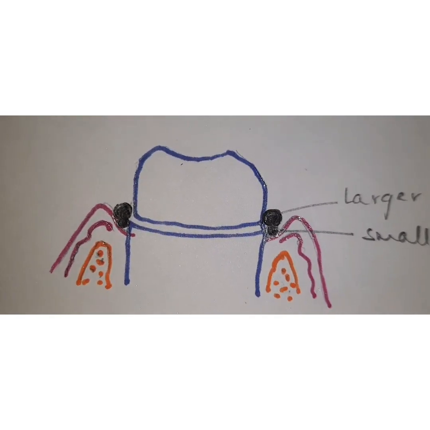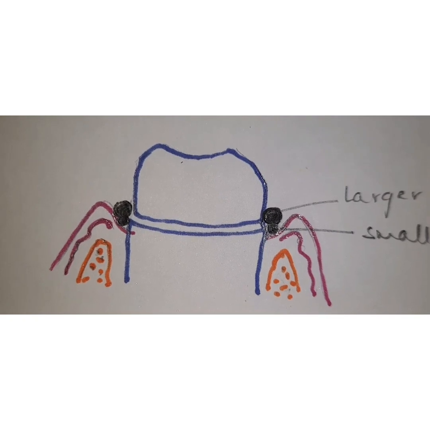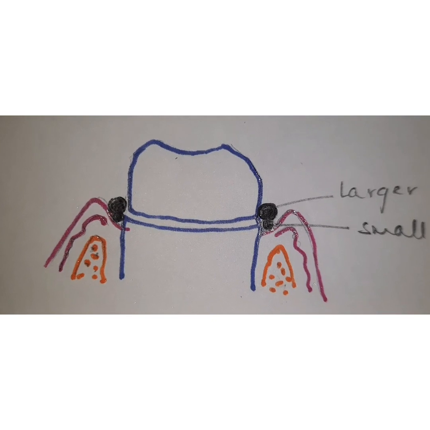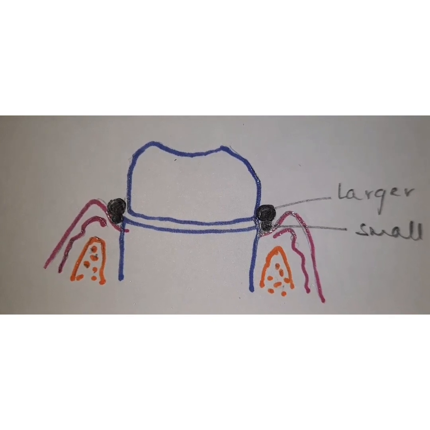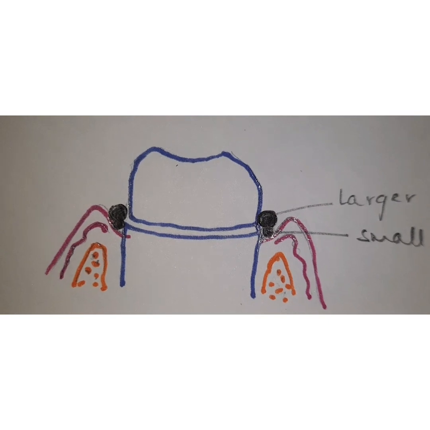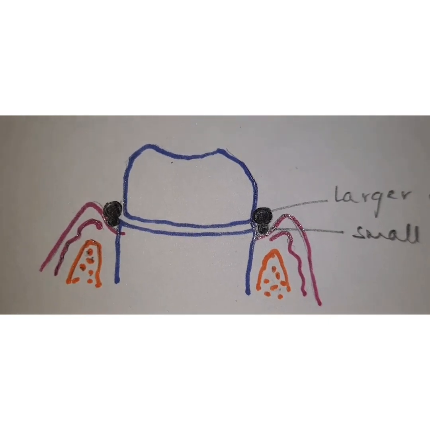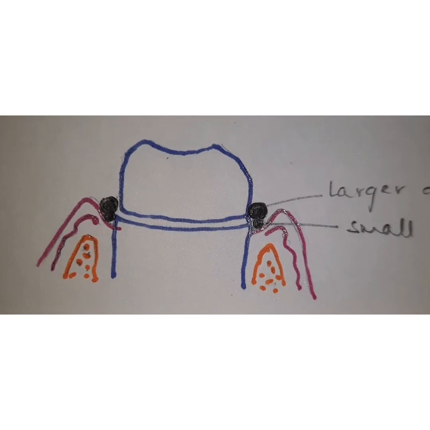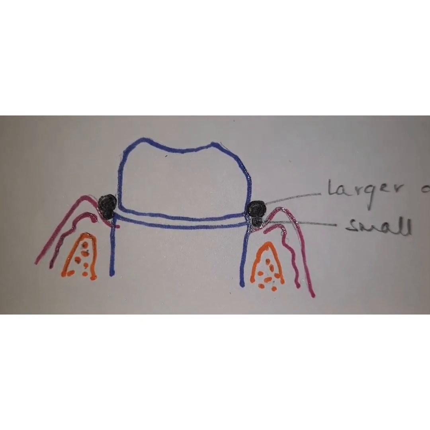and the impression is made with the impression material of choice with the small diameter retraction cord in place. Once you have made the impression, then slowly you remove the small diameter retraction cord after soaking it in water, and that should be done slowly, because if you just remove it quickly and are not careful enough, it may increase the amount of bleeding from the gingival sulcus.